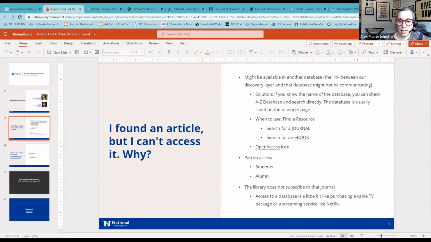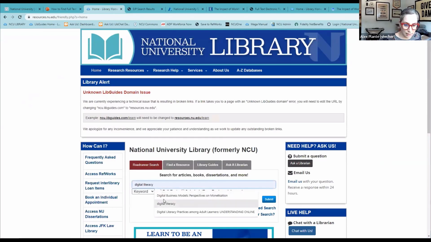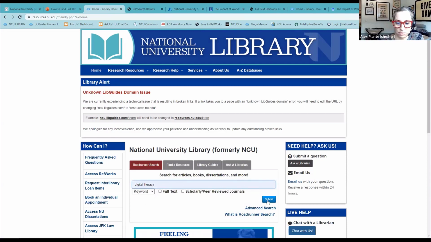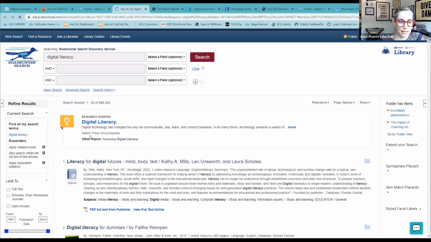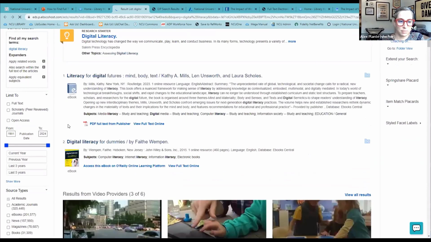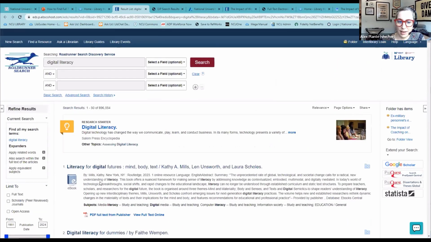Up here, when we're talking about what happens if you need to search into a different database directly, if you come back here to our Roadrunner search, I actually did a little test today. I was looking up articles on digital literacy, right? That's something that librarians are always keen to figure out. And when you come here, you'll get your list of search results. And when you see things, and June's going to go into this much more deeply, so I'm not going to get into it very much, but when you see things like PDF text or access this book through PDF text, that's a pretty good indication that you'll have access to